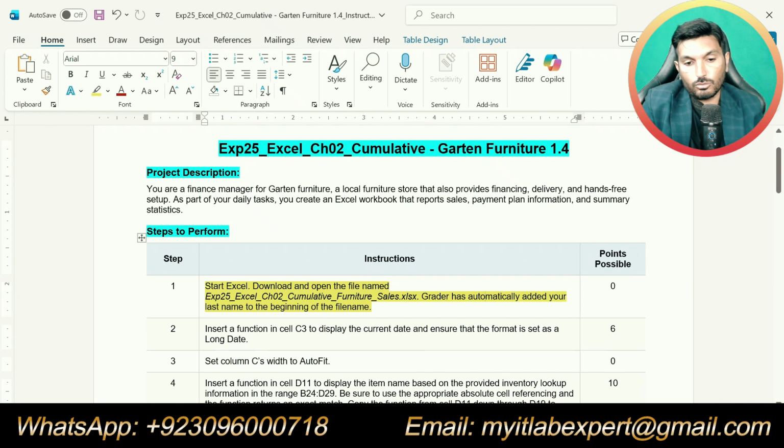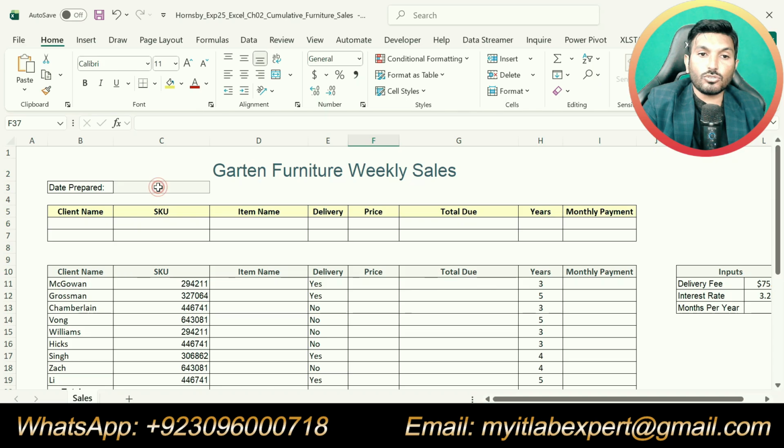Now let's move to step number 2. Insert a function in cell C3 to display the current date and ensure that the format is set as long date. Let me go to cell C3, where we are supposed to show the current date.